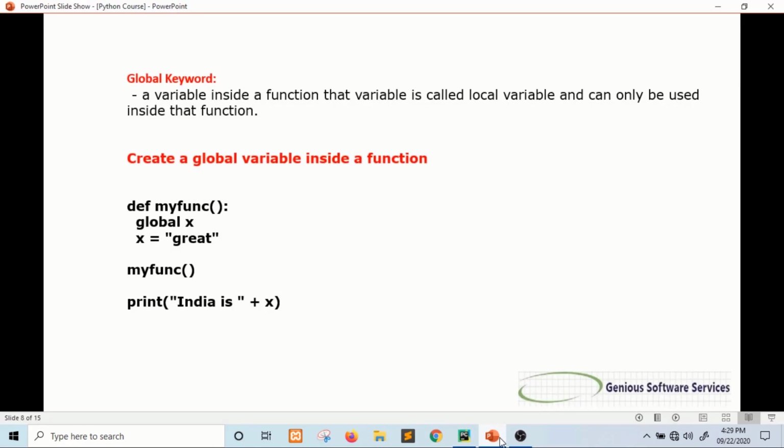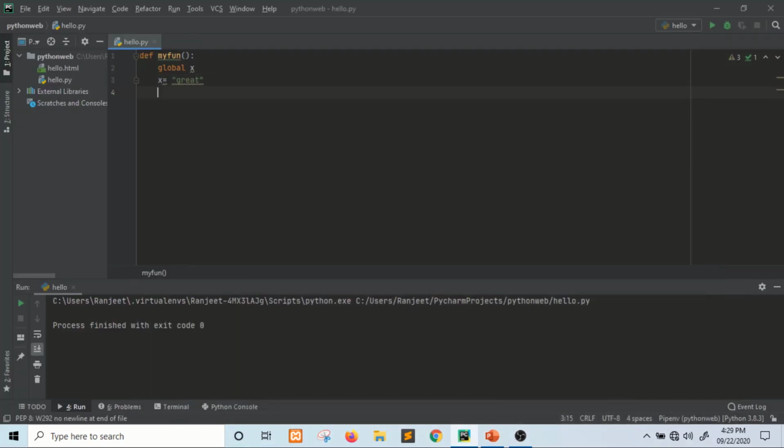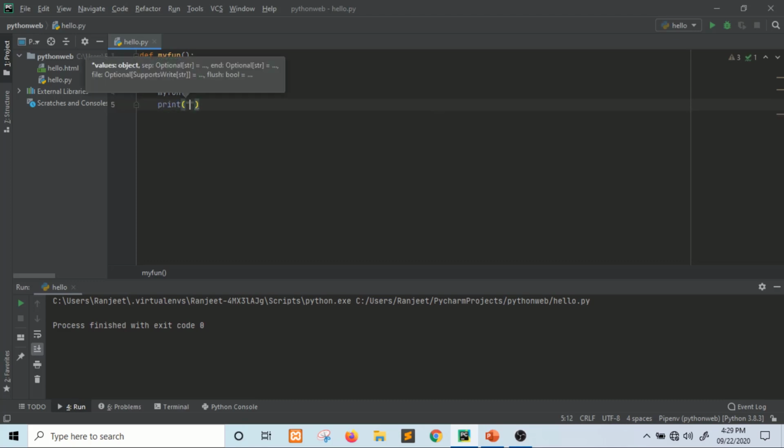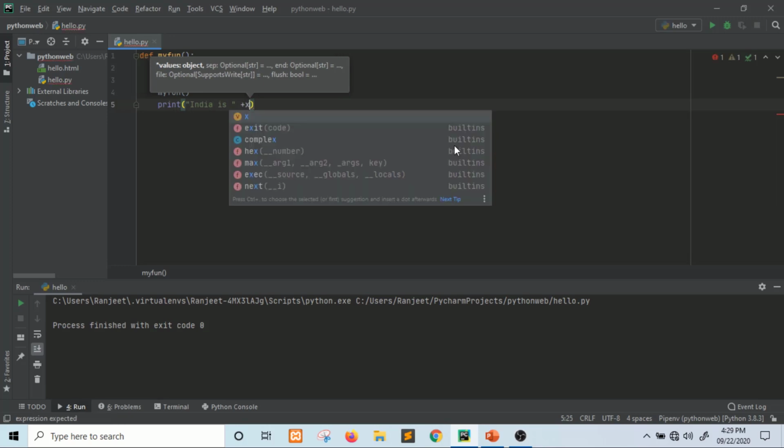We call the function, our function my function, and then print. Suppose we type this and by using plus we will access the value of x.